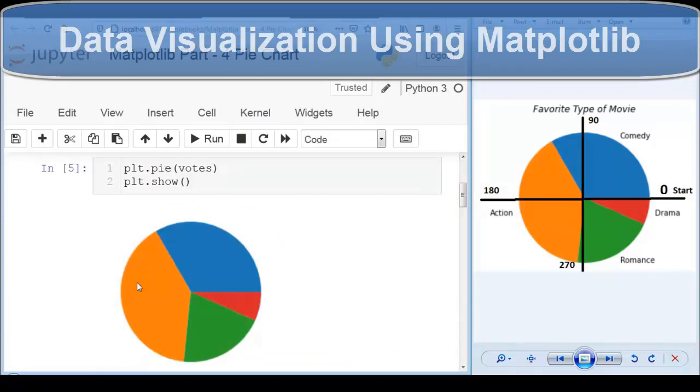As you can see, the pie chart shows one piece called a wedge for each value in the list. By default, the plotting of the first wedge starts from the x-axis that you can see over here and moves anti-clockwise from here to here.